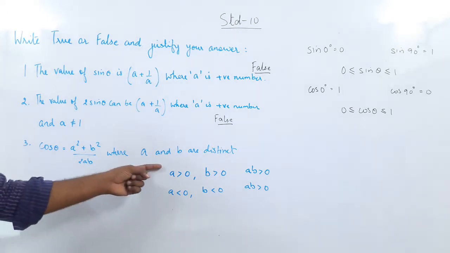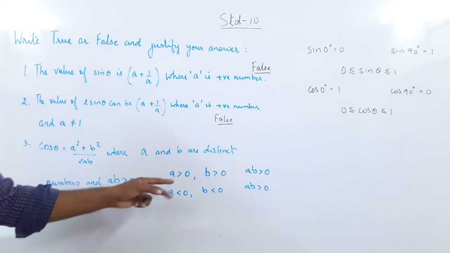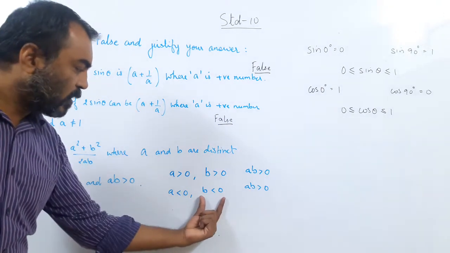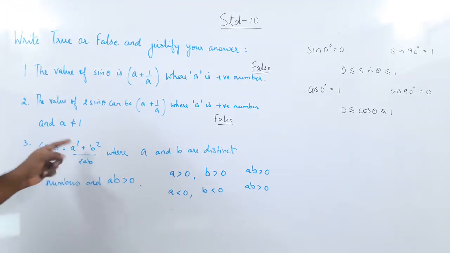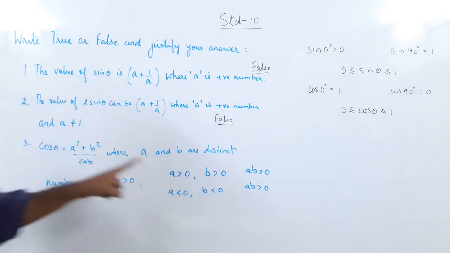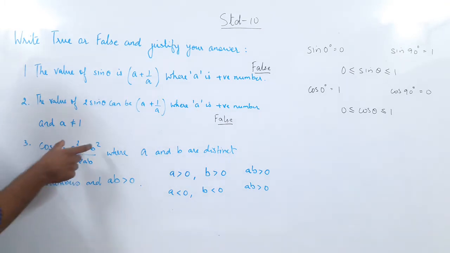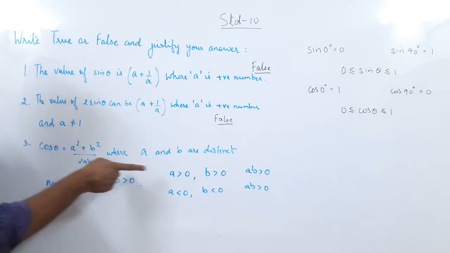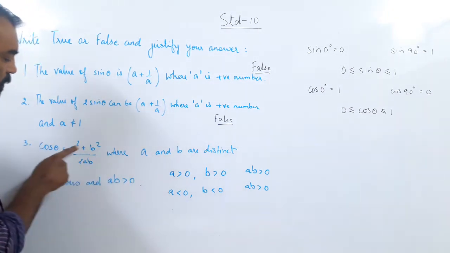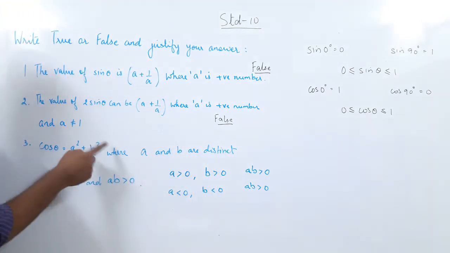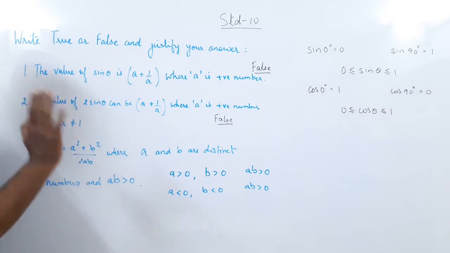But you will see, even in these cases, if a and b are positive, then a square and b square both will be positive. And even if a and b both are negative, a square and b square will still be positive, because a is negative but the square is positive, b is negative but the square is positive. Means the numerator is always positive. Can you see why the numerator is always positive? Whether a is positive or negative, the square will be positive. Whether b is negative or positive, the square will be positive. Means the numerator will always remain positive.